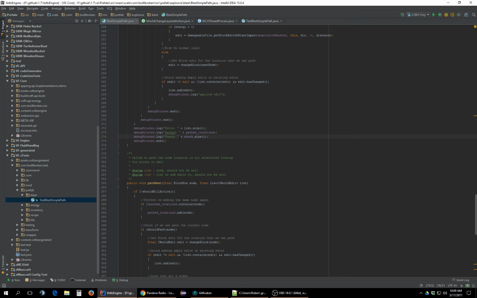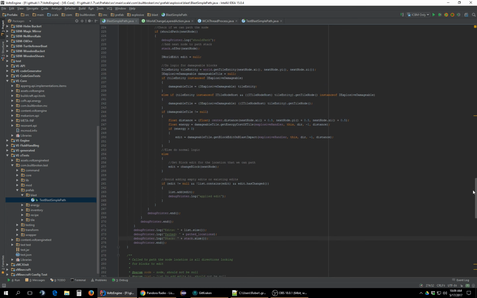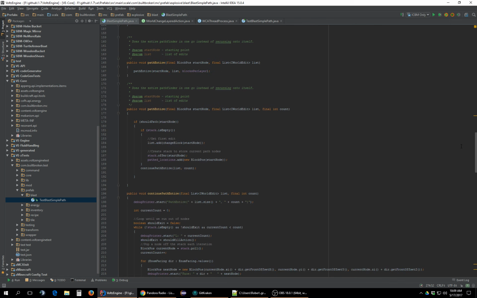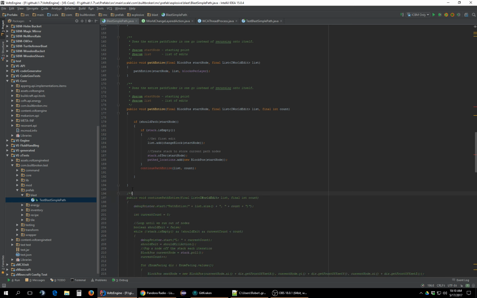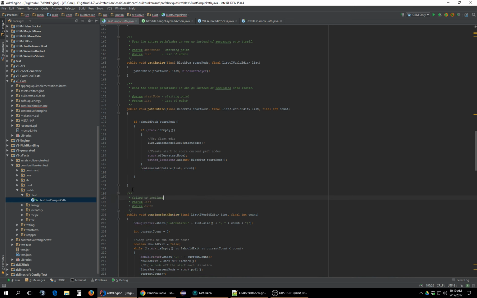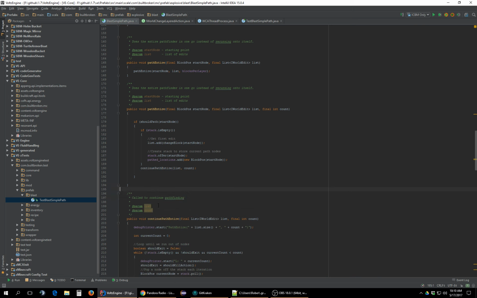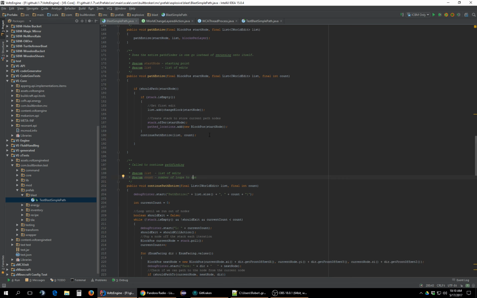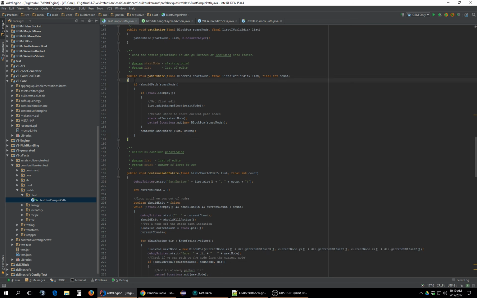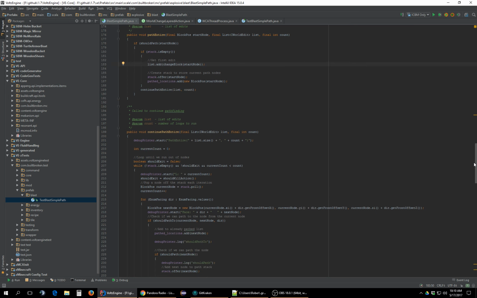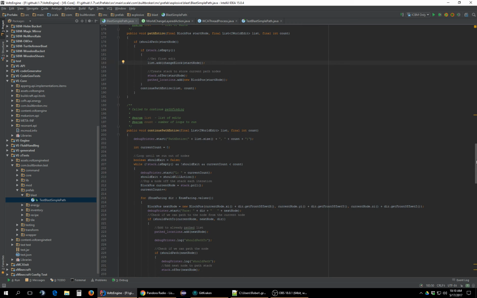I probably should do delta path, so how many locations we've pathed that turn and how many stack entries we added to the stack, because that'll give us more details. But this should work. And we'll change this real quick. So go call to continue path finding. Okay, that should work. Yeah, that'll do pretty well, because it means we can test this a little easier, and then do a few